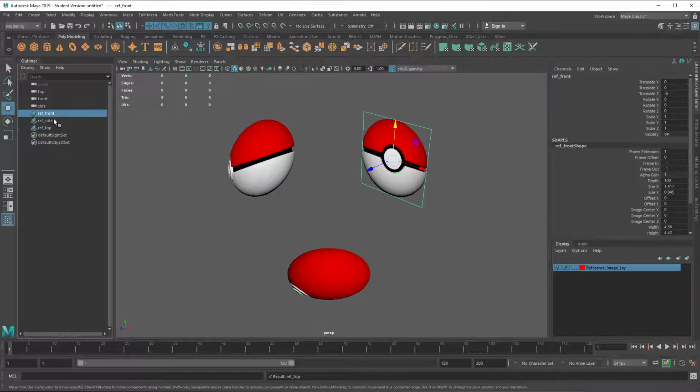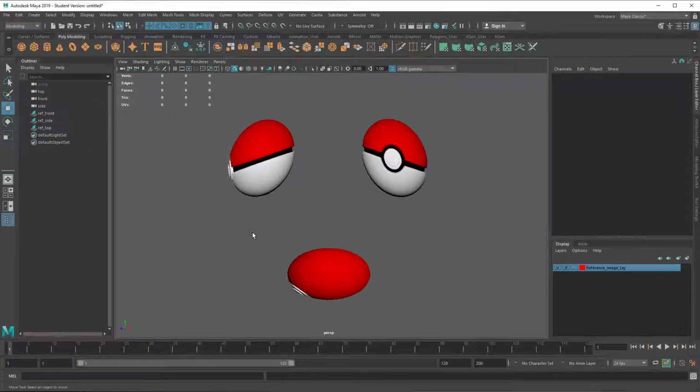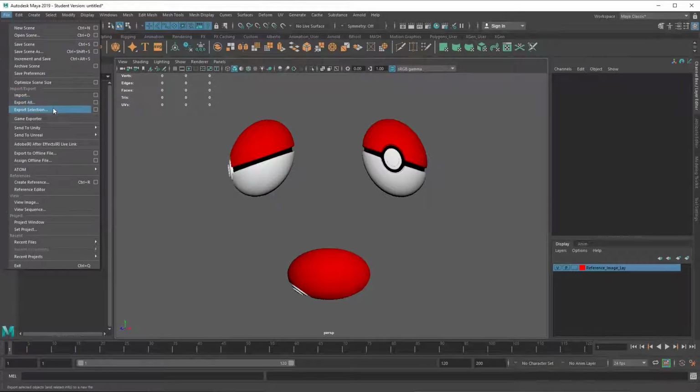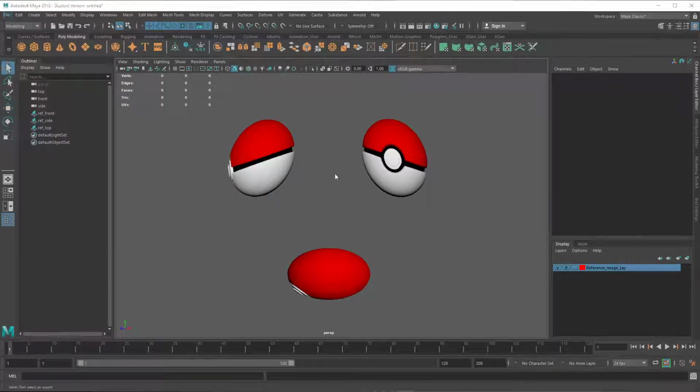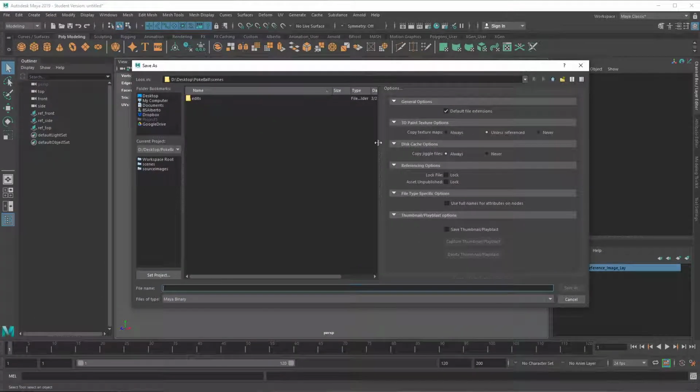Now with these three selected, it's time to start saving my file. So this one is going to be my file, and save scene as. That is going to open my window, and as you can see, it's actually going to the actual address in which this is saved. So this is going to be on scenes, and in here I'm just going to call this